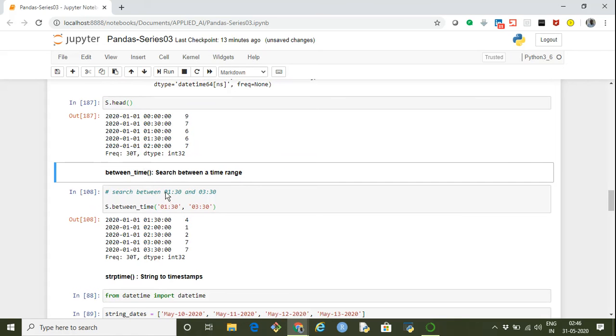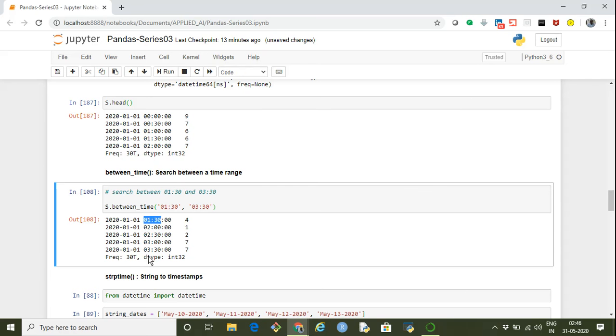Now the requirement is to select all those records between a given time, let's say 1:30 and 3:30. So we can use the function between_time. S.between_time, and we specify the starting time and the end time. All the records which fall within this range, both inclusive, get returned. So from this series, we get the records between 1:30 and 3:30.